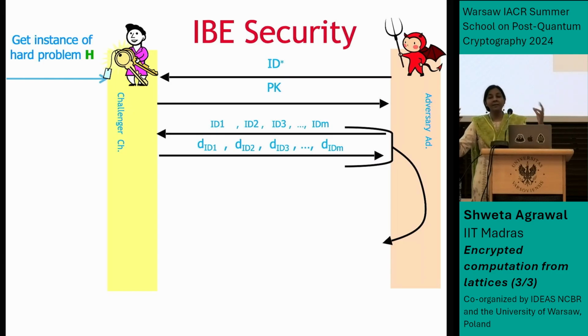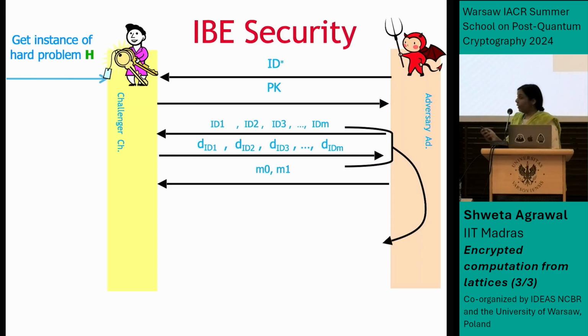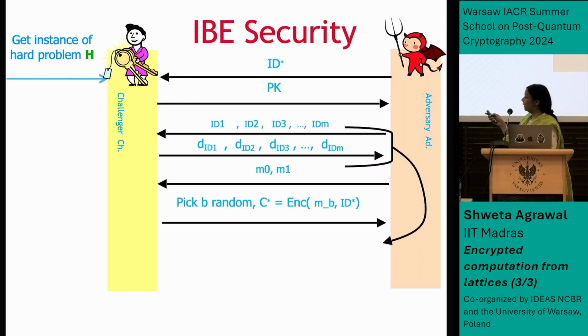But here, all the keys are derived from the same master secret. So one has to account for the possibility that different keys are leaking some information. Let's say that every key leaks 1 bit of the master secret. Then if I pull together a sufficient number of keys, I could recover the entire master secret. So that is why in the setting of an IBE, in the security game, you really want to model this, that the attacker can also receive keys for different identities of its choice. And this is something which makes the proof challenging. So we'll see. And then the rest of it is sort of similar to the regular PKE.